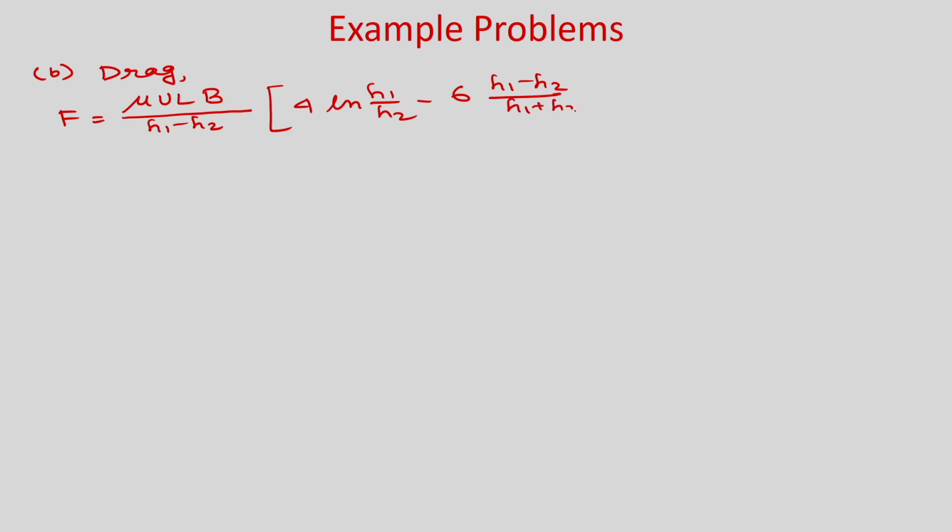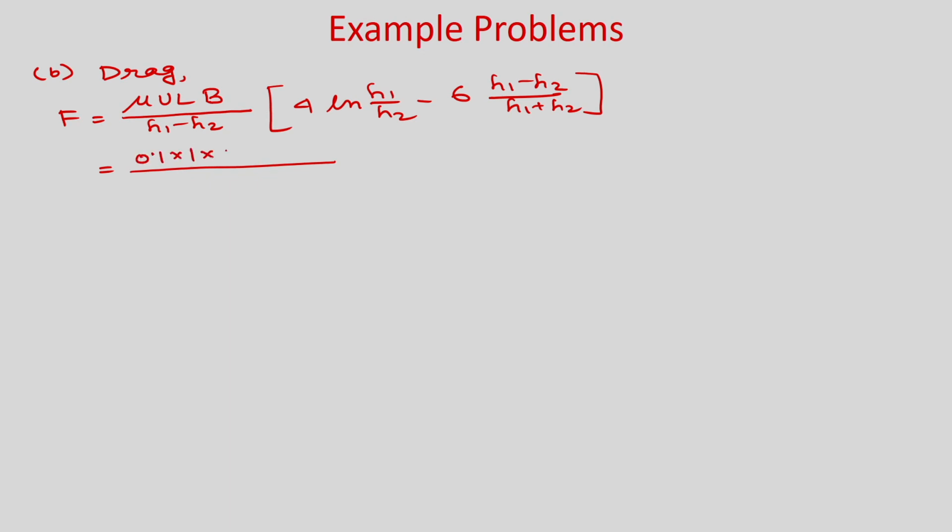So, you know the expression of drag F as mu u L B divided by (H1 minus H2). So, when we found the F, actually we wrote it per unit width. So, in this case we know the width, so we are multiplying by B, into 4 ln H1 by H2 minus 6 (H1 minus H2) divided by (H1 plus H2). So, you put all the values. So, you will get